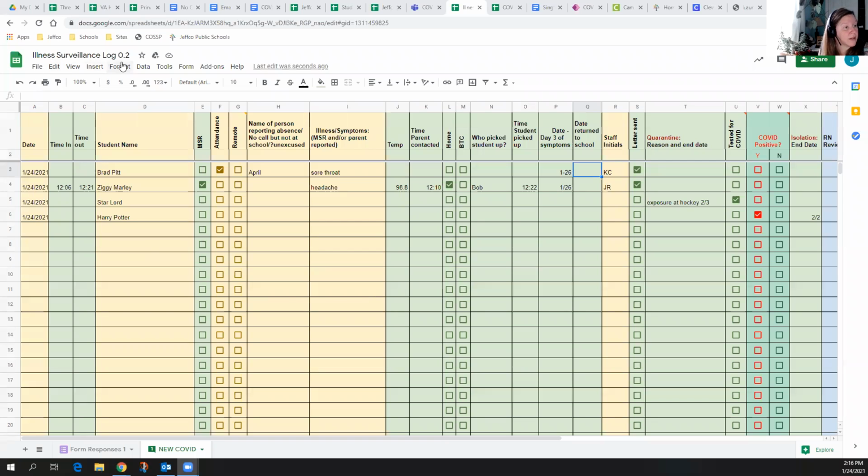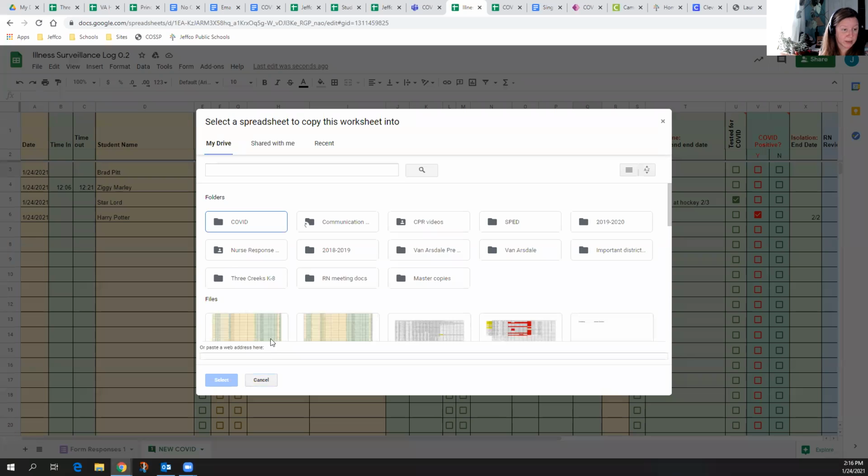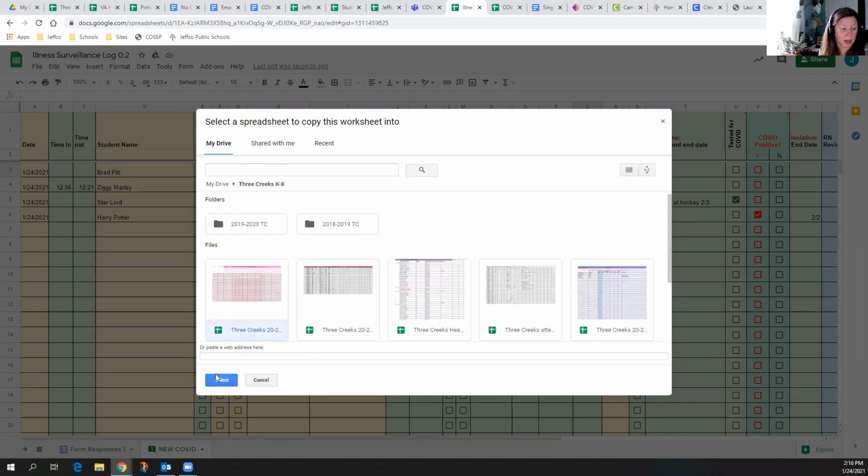As you can see, the illness surveillance log is just a Google spreadsheet, and we are going to want to integrate this into your current health room log. The way you can do that is down at the bottom where it says new COVID on the tab, we're going to right click and go to copy to, and we're going to go to existing spreadsheet. And then it goes into your drive and you can select your school's health room log to integrate that tab